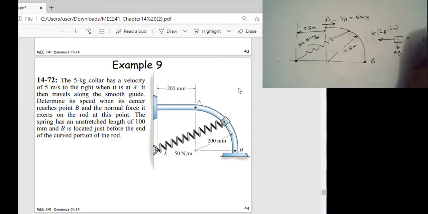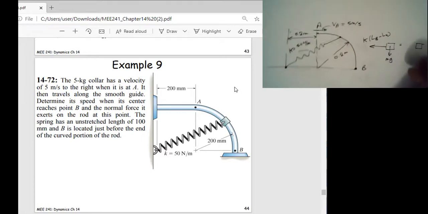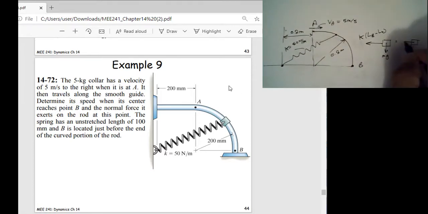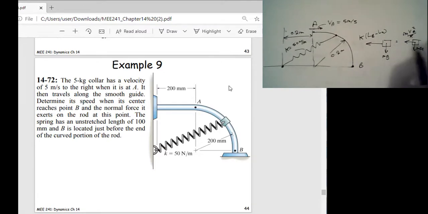On the acceleration diagram, what do we have? We have this m v squared, the velocity squared at B over R. And I think we're going to have some a_t, right? Because we have mg, so we have to have m a_t. We don't need those, right? We're not looking into those. We're only looking to find